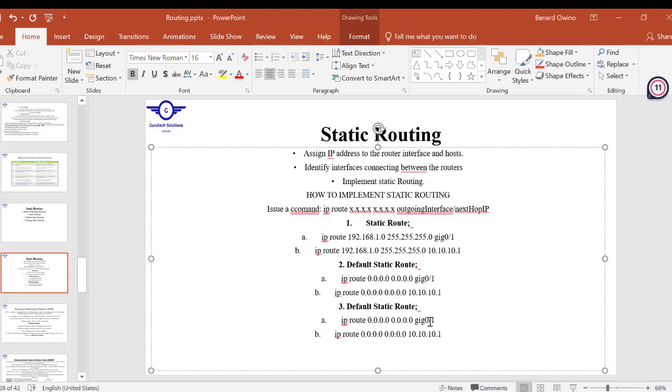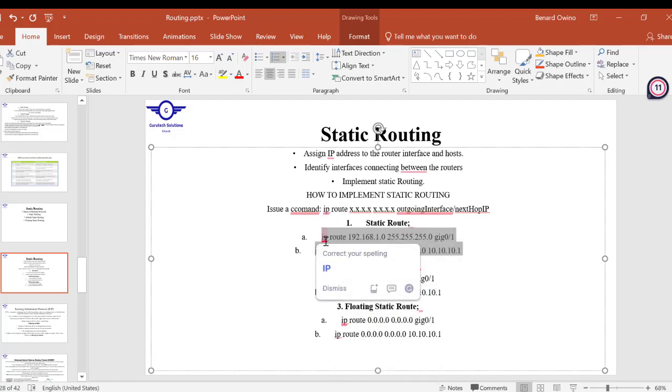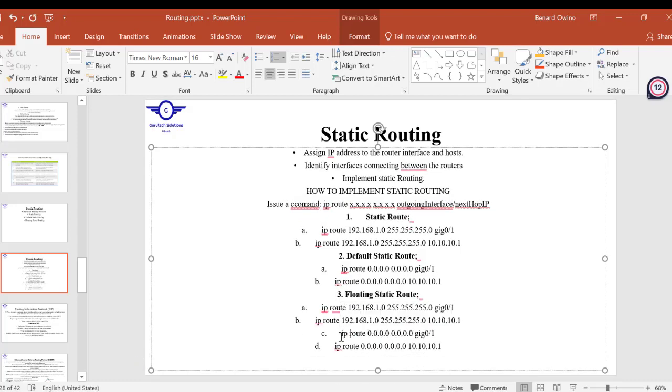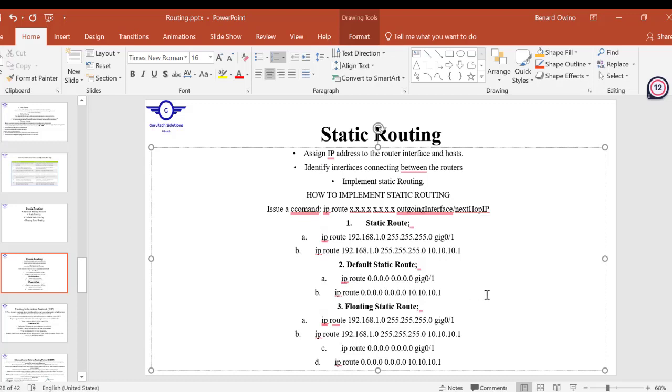So floating static route can take the four forms. I can just take this one, copy. Okay. Now for default static routes, what we do is just this is a backup